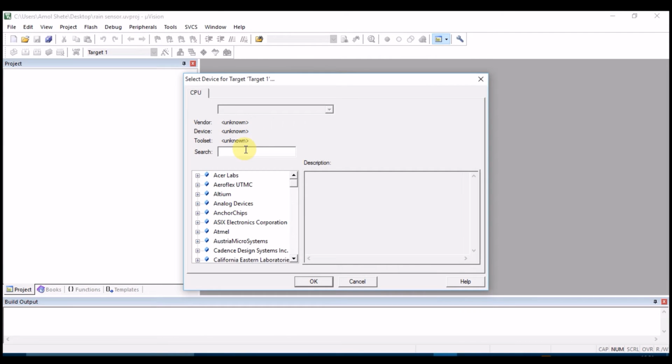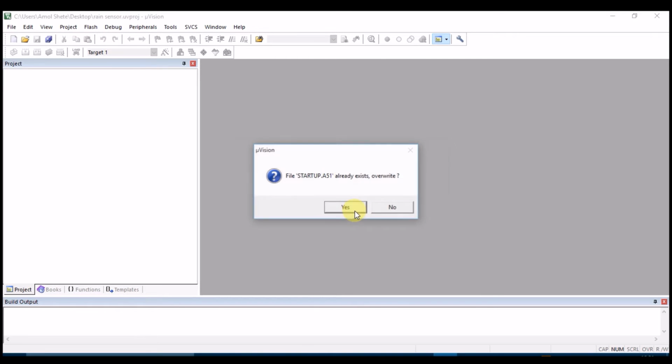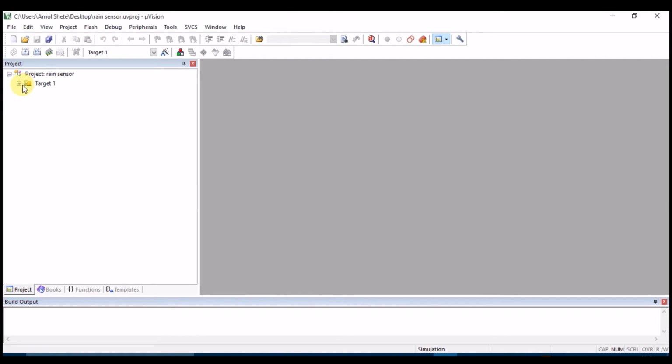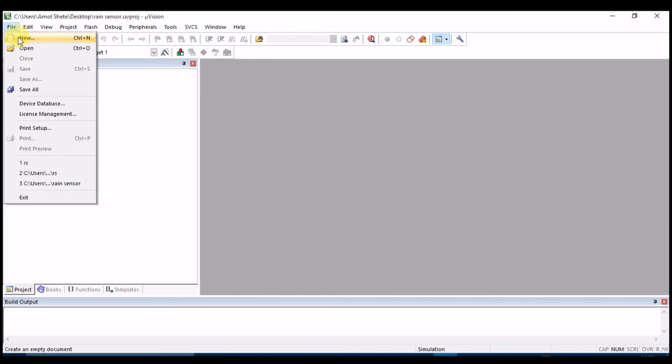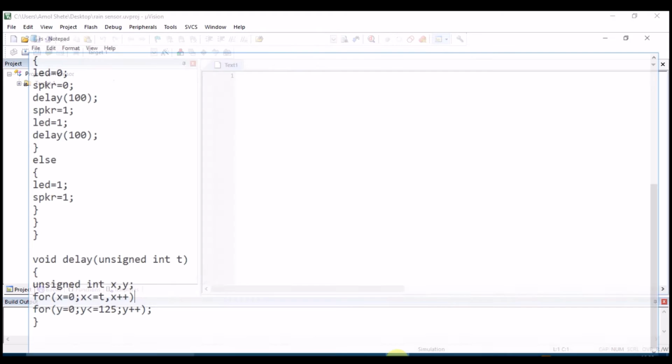Search your component. We are using 89C51, so write that one, this one. So okay. Now go to File, New, type your program here. Right now I'm going to copy and paste.